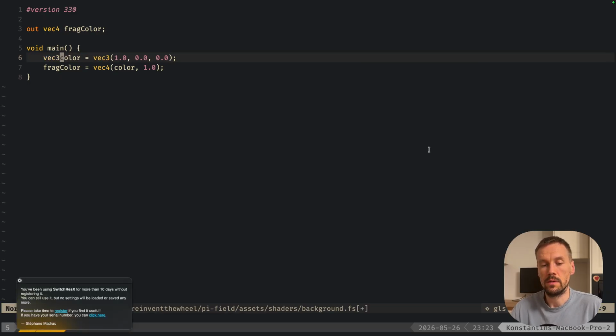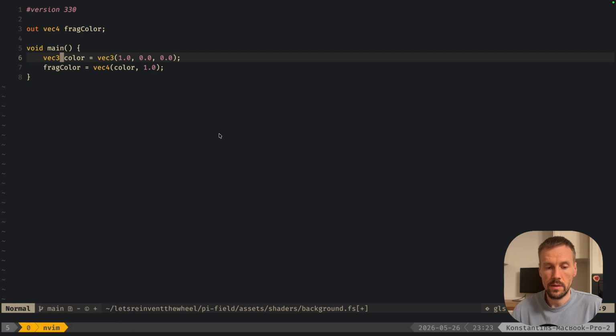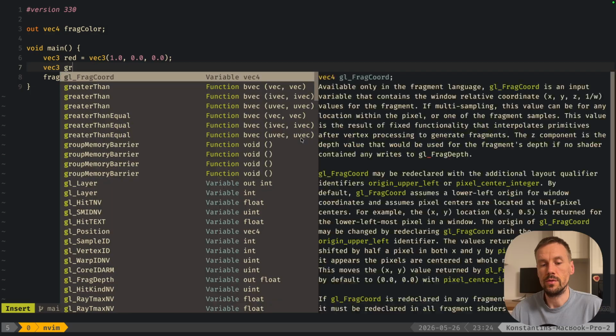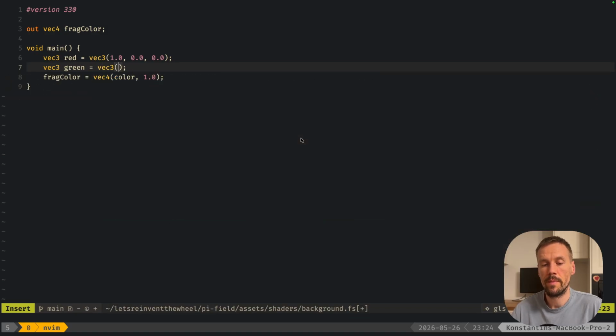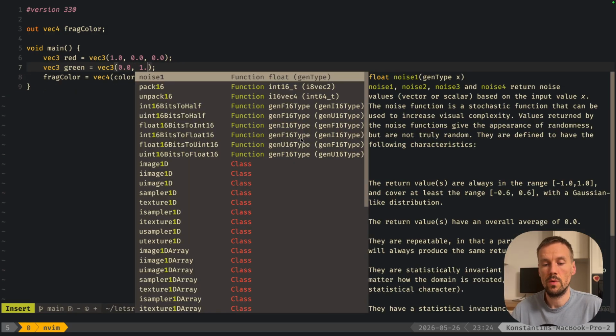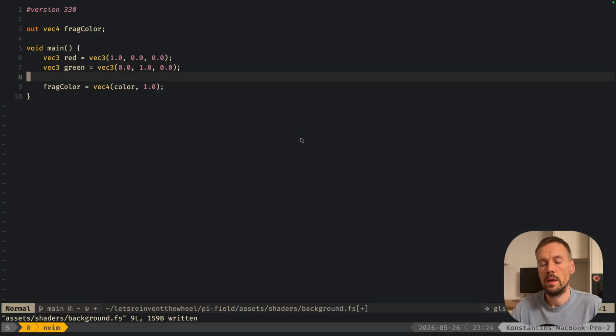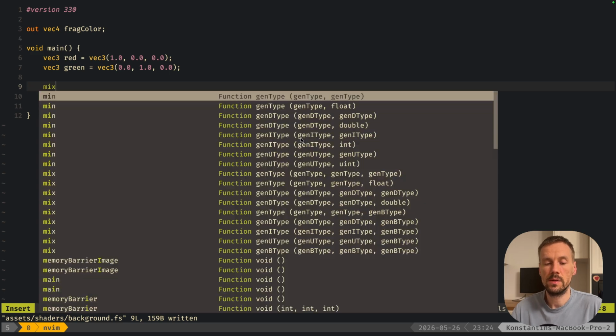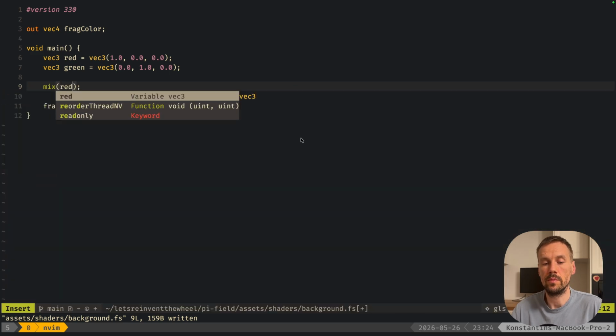Let's name it red. Then we can introduce another color, let's say green, which is 0, 1, 0. And now I want to mix those colors. I want to introduce a gradient so that from top to bottom we go from green to red, and we can do that using linear interpolation, which is called mix in GLSL. So from red to green,